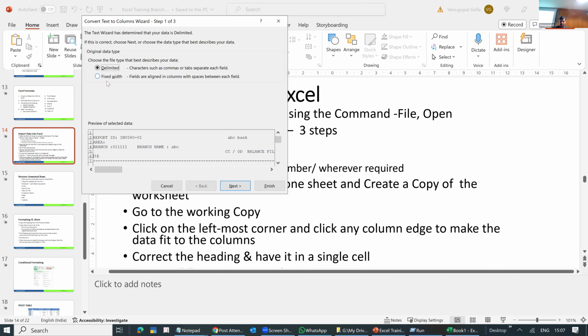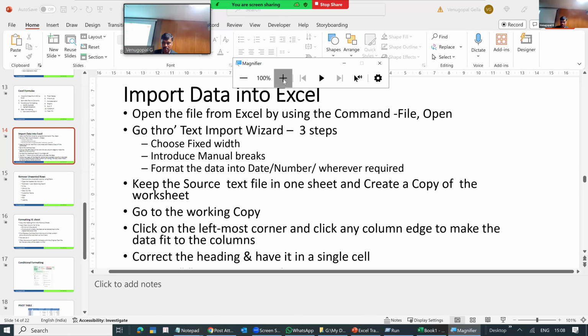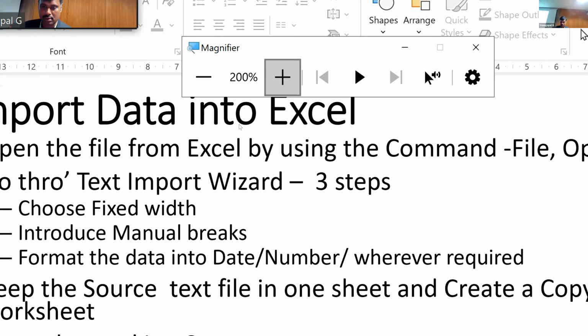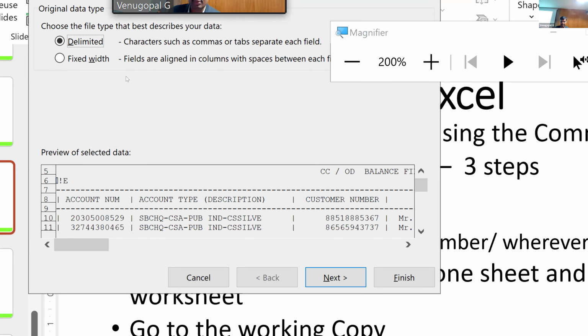Then you have to split. Most of the time there are two options called delimited or fixed width. Whenever you know there are any separators in the data.